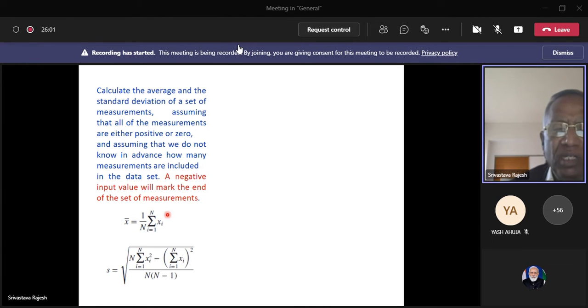I need to calculate this expression and this expression simultaneously, and the division can be done afterwards. Once I find this sum, I can take sum x and sum x2. You see, I have to define a variable. So I define sum x,